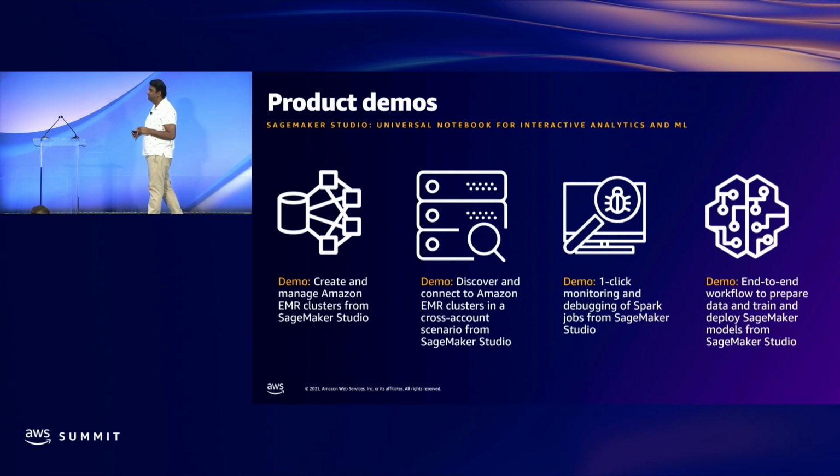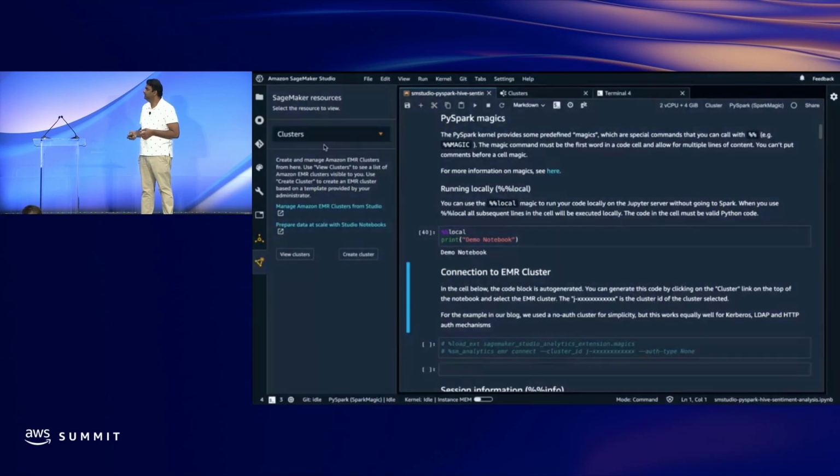Then we'll go ahead and see our third demo on how, for a Spark job that has been submitted from SageMaker Studio, the ML engineer can directly debug the Spark job from SageMaker Studio itself. And finally, we'll have one demo of running an end-to-end ML model. We'll try to work on predicting air quality using weather data. In this, we'll use the feature that we just discussed, how we can do a single notebook for interacting with both big data frameworks and machine learning. Without further ado, we'll go into our first demo.